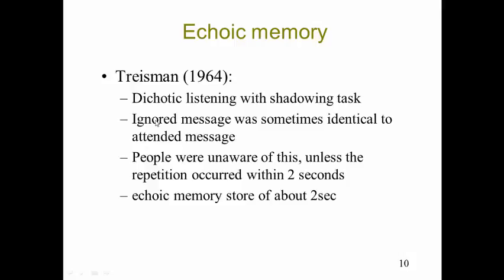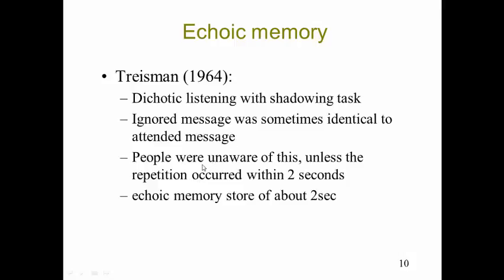What Treisman did was manipulate what happened in the ignored ear, so the message that was presented to the ear that was being ignored, and made the message in that channel sometimes identical to the attended message. And the question was, are people aware of that? Do they notice that something they're attending to now has just happened before in the ear that they are ignoring? And the answer is